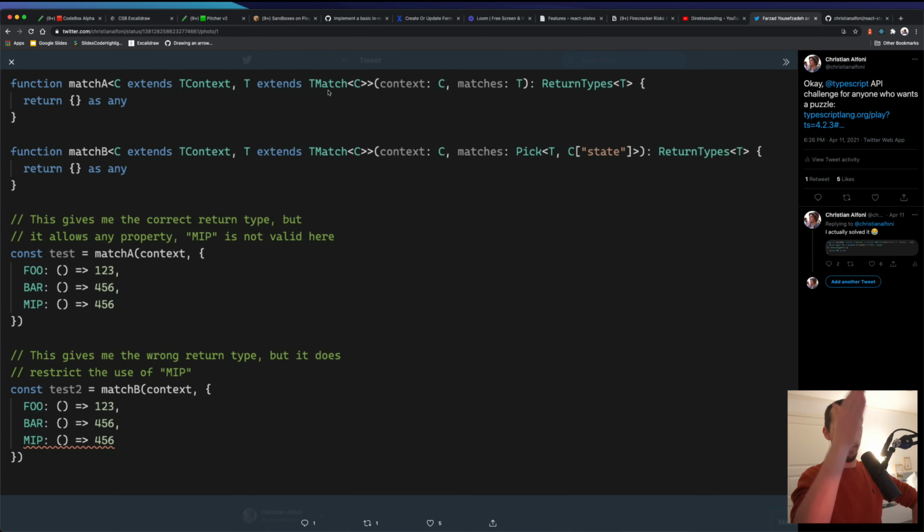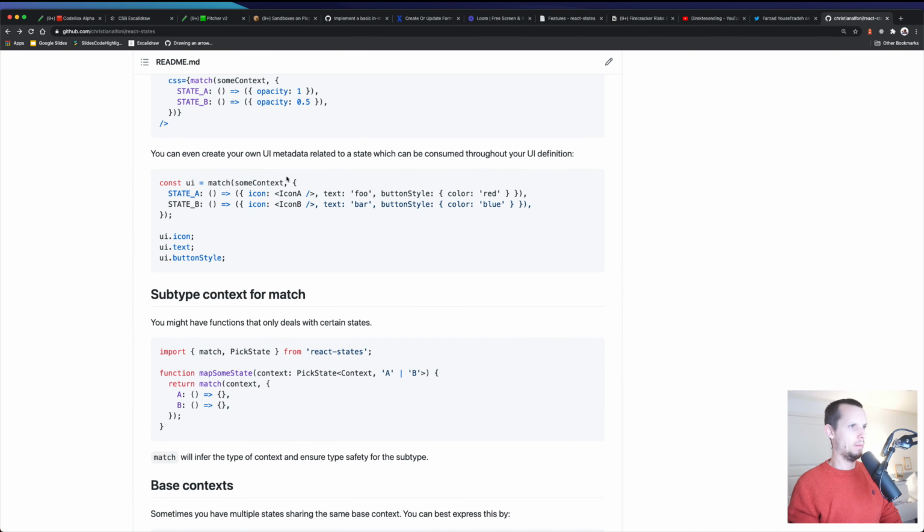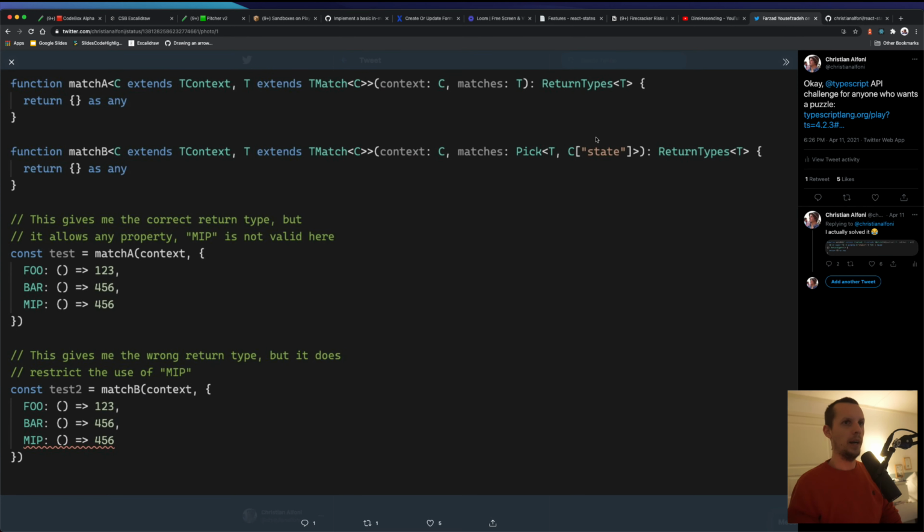The keys are states, the values are functions, and then the second argument we pass in, this object, extends it, that's the generic, sorry.